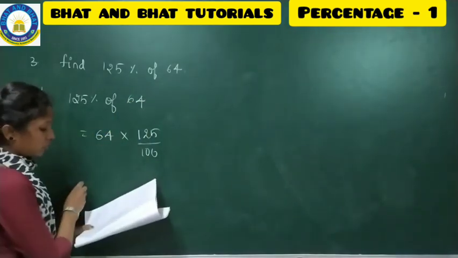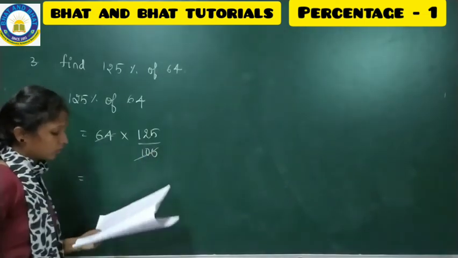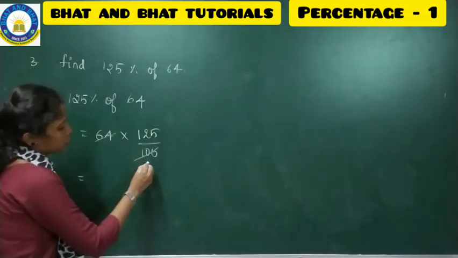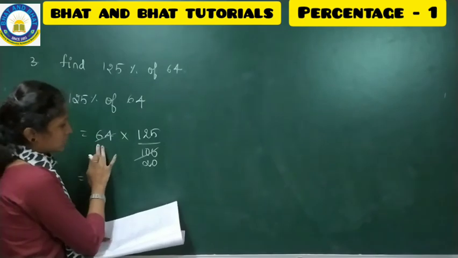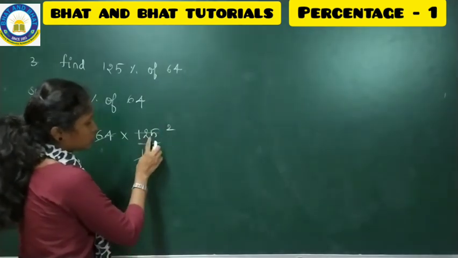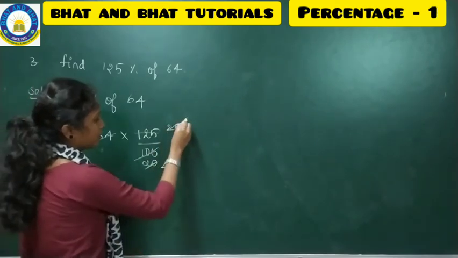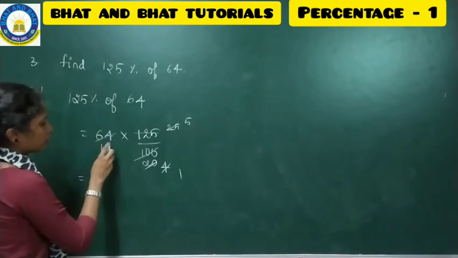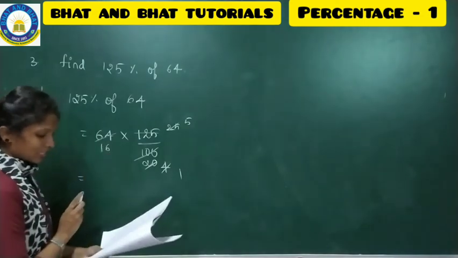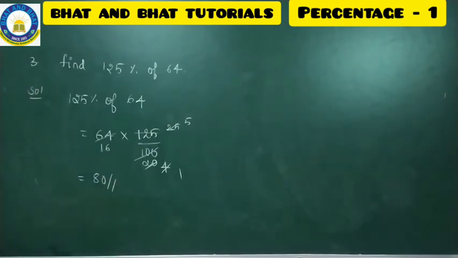So now 64, how will you divide this? 5 twos are 10, 5 fives are 25, 5 fours are 20, 5 fives are 25, 4 sixes are 24, so 16 fives are 80. Make a note of this. So fine, hope you all copied this.